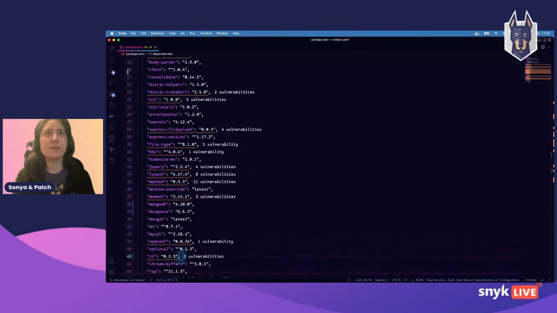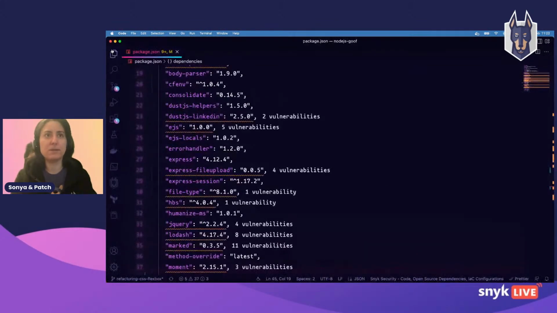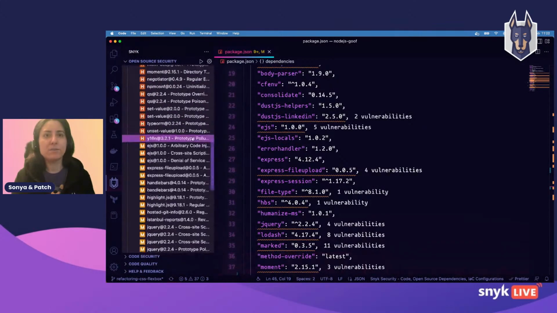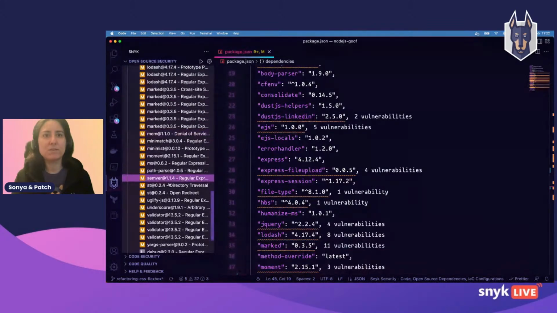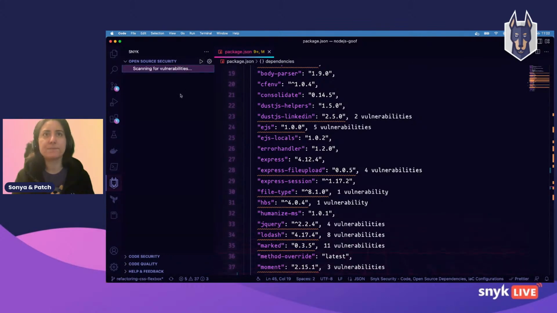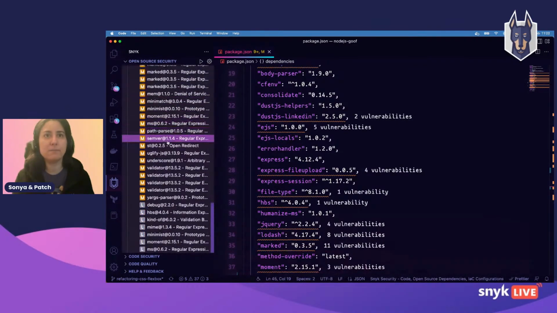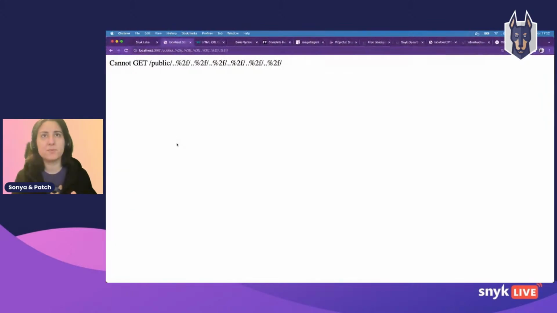So let's have a look at, just going to zoom in. Patch here. If I scroll down to ST, you can see there are two vulnerabilities, the directory traversals. So let's trigger another scan, and this vulnerability should be gone by now. It usually takes a few seconds to scan your project. It's coming back with the results, and yeah, we only have one here, the up and redive. Cool. Okay, we did fix one vulnerability.